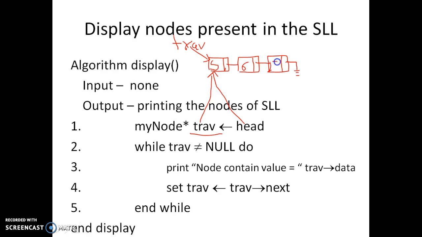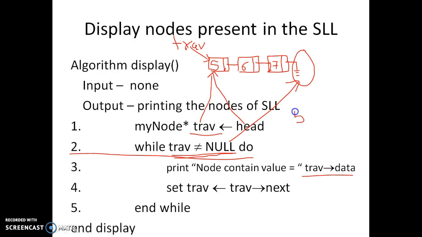Then in the next statement we will have a loop: while trav is not equal to null. Ultimately this condition will check whether we reach the end of the linked list. Okay, so if not, then we will print trav arrow data. Ultimately at the very first iteration it will print the value 5, then set trav is equal to trav arrow